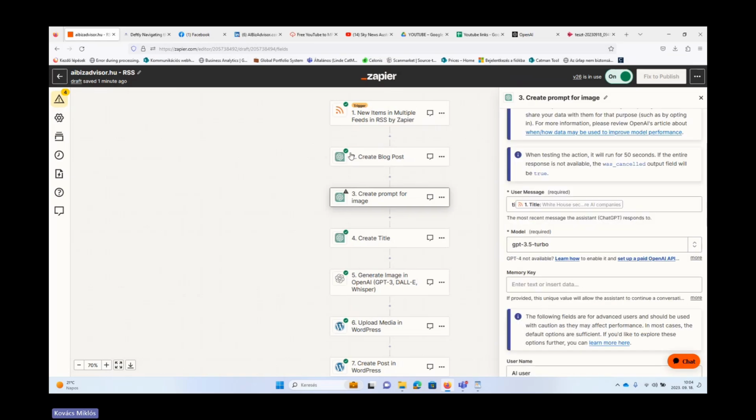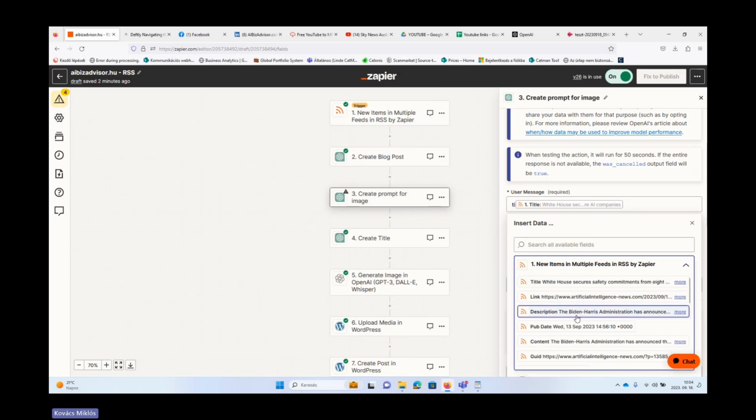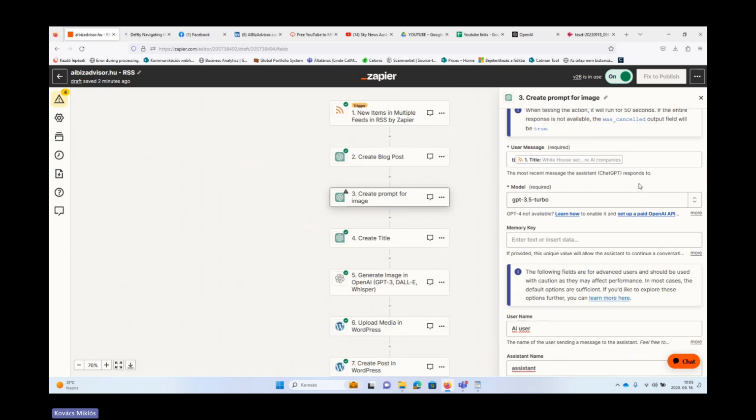And then similarly to the first step, we need an input, right? As always, we need an input. In the first step, as you might remember, we used description, the RSS feed description. In this case, the title would be enough and sufficient to process. And I also explained that ChatGPT-4 is better for the longer content where you need a really quality content.